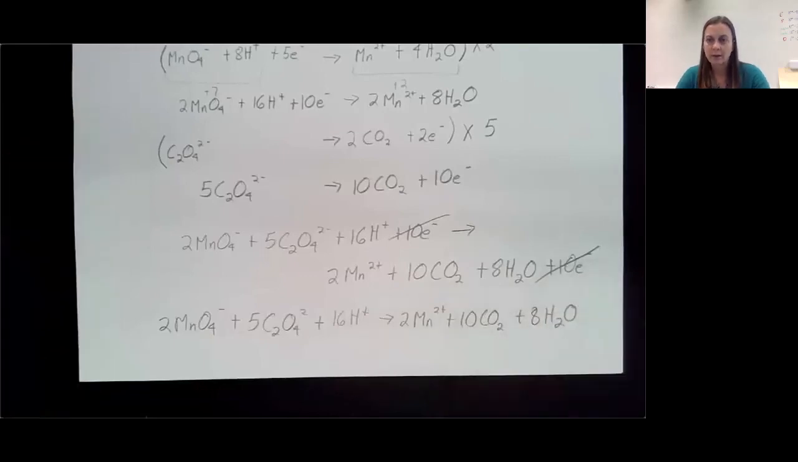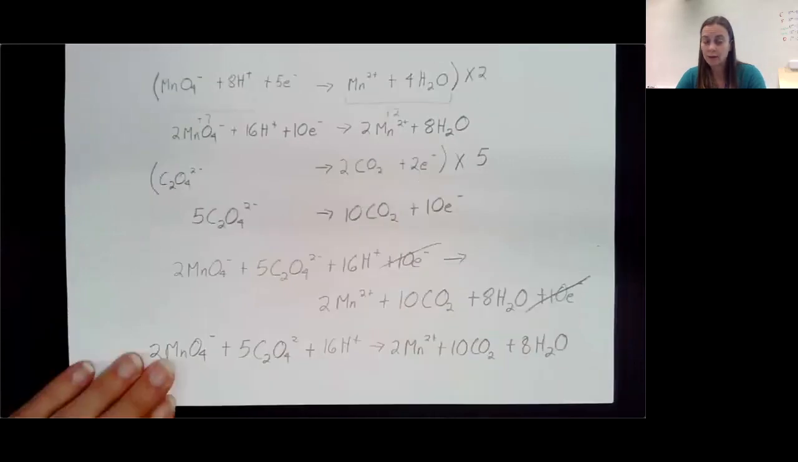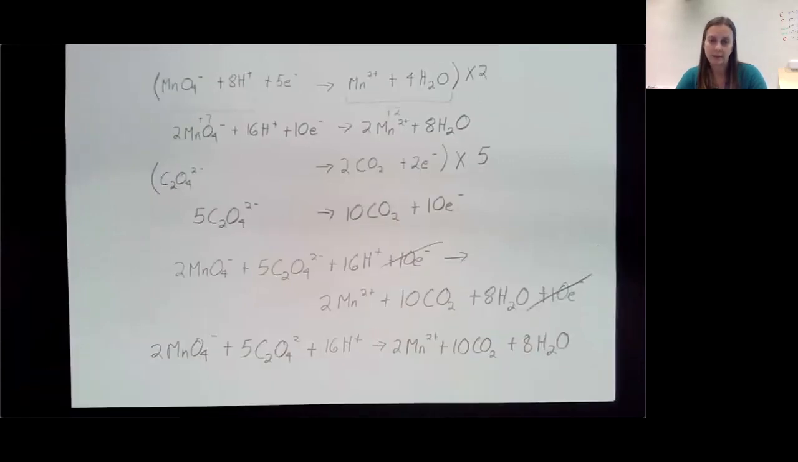So that's how we balance a redox reaction in acidic solution. So I'll go through